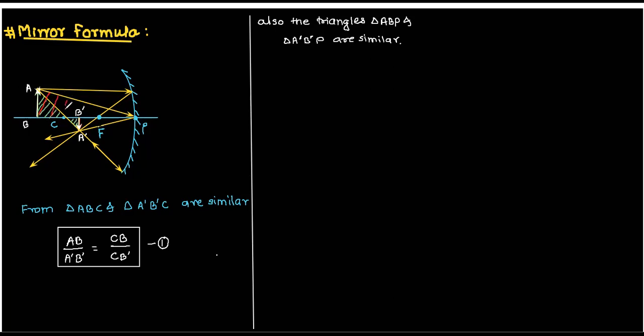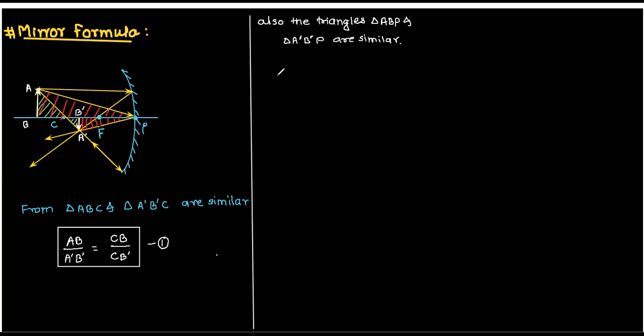Now this big triangle we are taking. Look, this one, ABP and A dash B dash P. And the one below it, can you see this? Look. So these two triangles we have taken, A dash B dash P and that one. Okay. Right. So these two triangles we have taken. Right. Now,